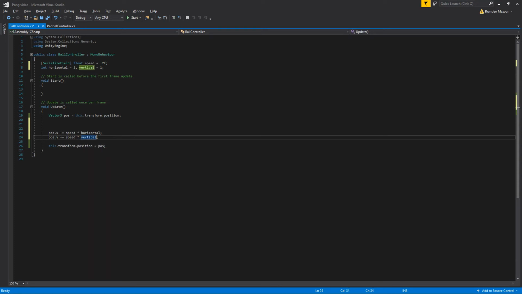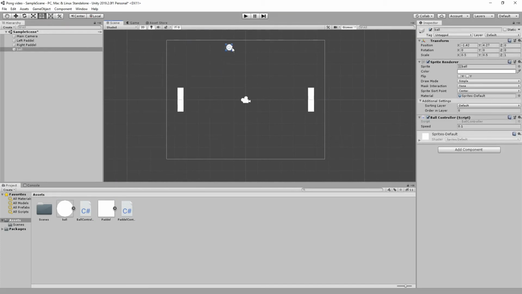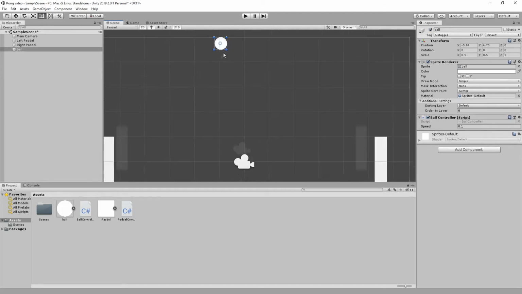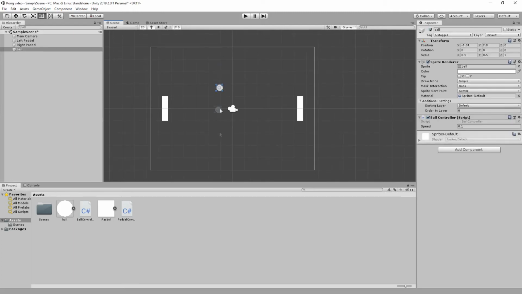Now it may seem a little weird that we're just multiplying these by 1, but it'll make more sense in a second. So now that we have that, we need to know at what x value our ball is actually touching the top of the screen. So we're going to move this ball up here. Let's see, that looks to be about 4.75 exactly when it touches the top of the screen, yeah? And I'm going to guess that it's -4.75 for the bottom, which also looks to be about